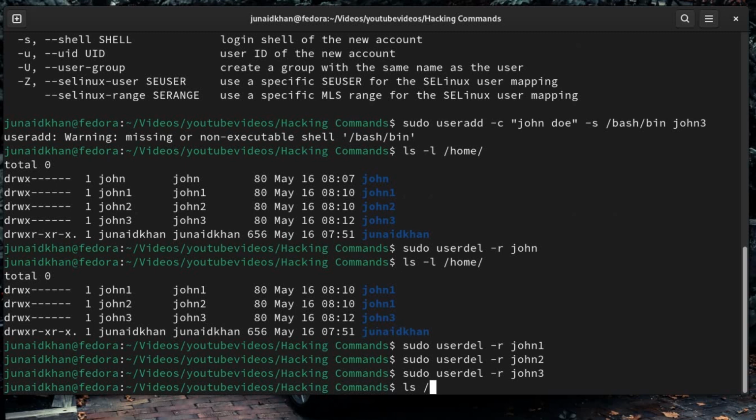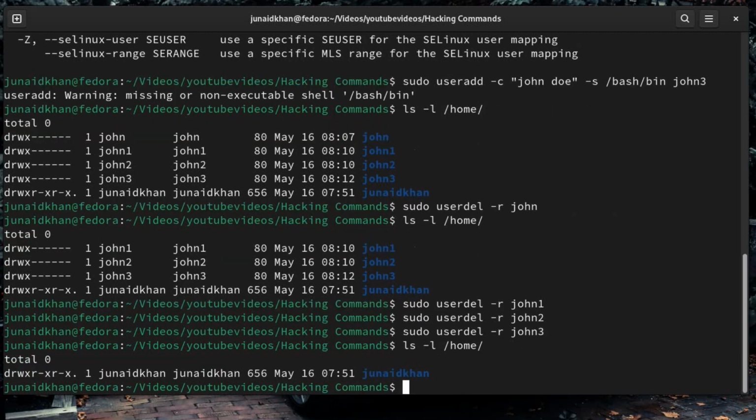And if I ls -l /home now, you would see only one user would be existing. Now you would say, why does userdel matter? Because it provides the system administrator with the ability to remove user accounts that are no longer needed on the system. It is essential for cleaning up user accounts after a user leaves an organization or is no longer active. It can also help free up disk space by removing unused user directories and files. Now next time you need to remove a user account from a Linux system, userdel is your command line